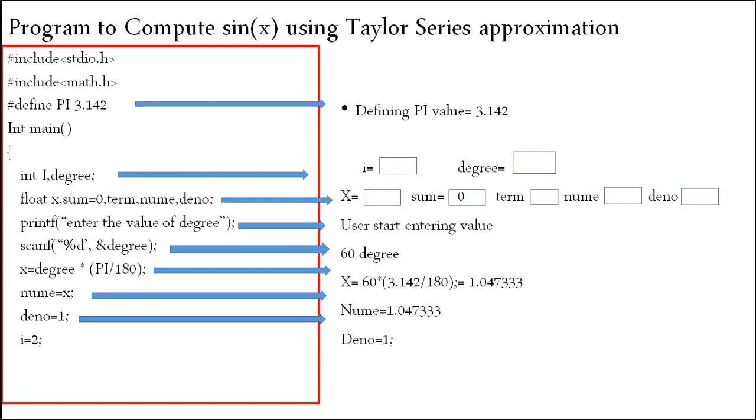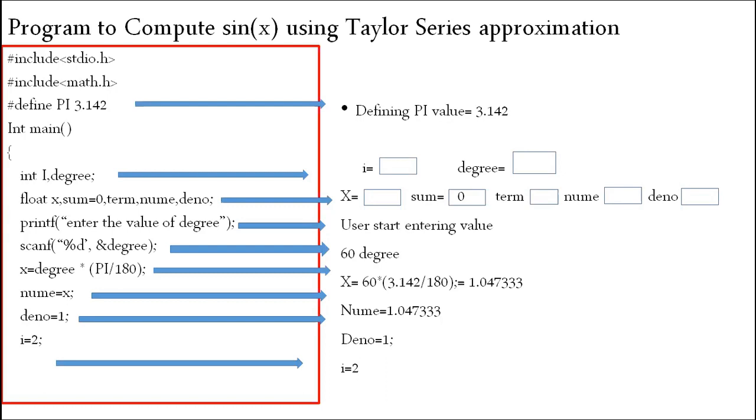Again, next I want the exponent concept, where it has to be incremented by two. I mean, plus 2 should happen for every iteration. So for that, I'm initializing i equal to 2. By this, we got the value of my first term, that is plus x. In my program, I have sine of x equal to x by 1 factorial minus x to the power of 3 by 3 factorial and so on.